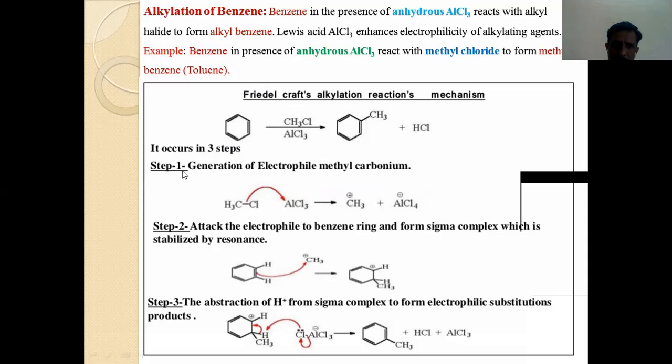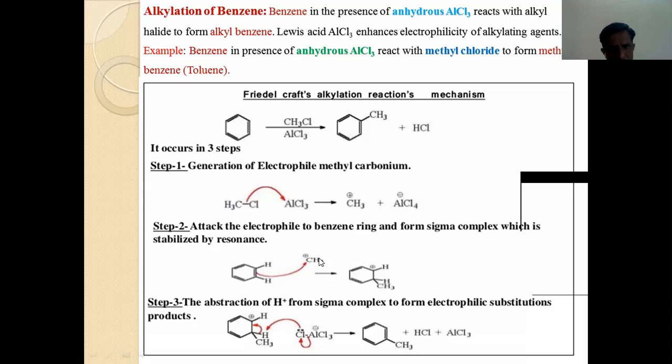Okay. Similar case, in step 1, there is a generation of electrophilic methyl carbonium. Just this AlCl3 reacts with CH3Cl. One of the Cl is attracted to AlCl3, then there is formation of AlCl4. Now this CH3 becomes positively charged. This positively charged CH3 will attack the benzene molecule in the step 2nd, and in